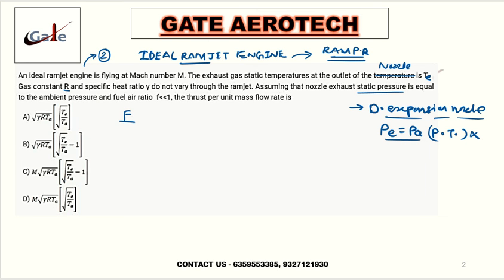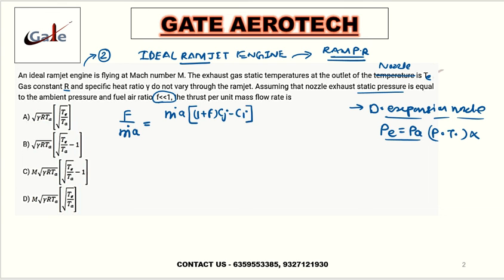Thrust per unit mass flow rate is, can you tell me what this is? Now, they are saying, okay, first let me write the thrust equation, then I will tell you all this. In the question they have mentioned that your static pressure is equal to the ambient pressure. Okay, so if you write your thrust equation without any assumption, this is nothing but this